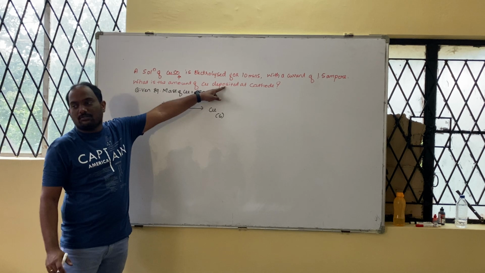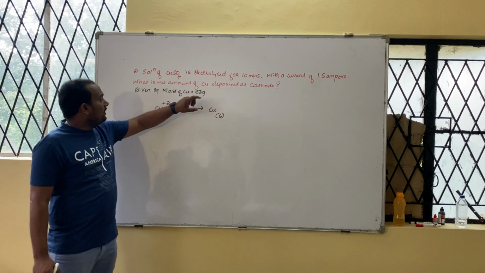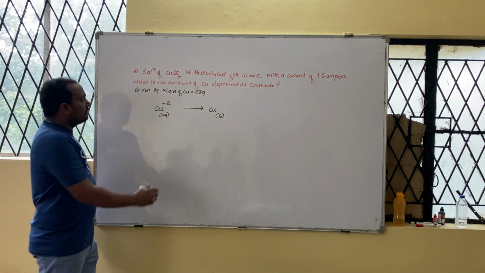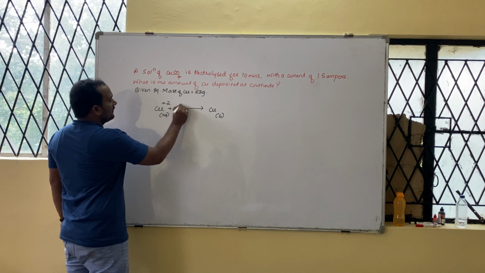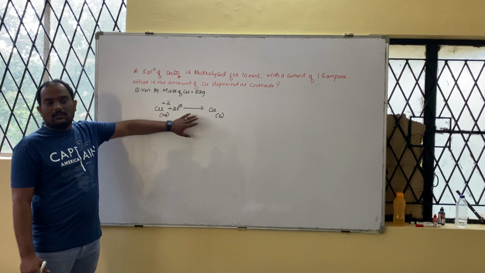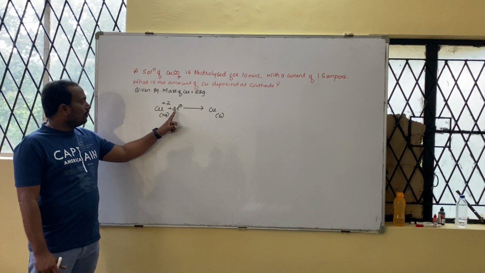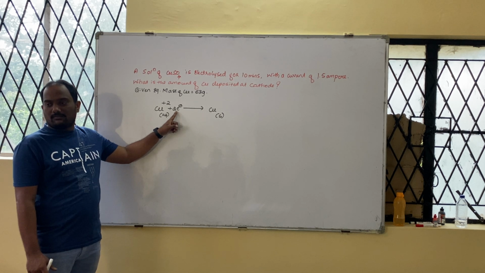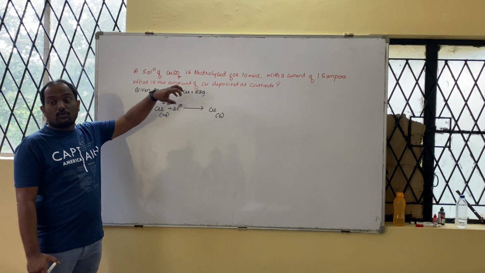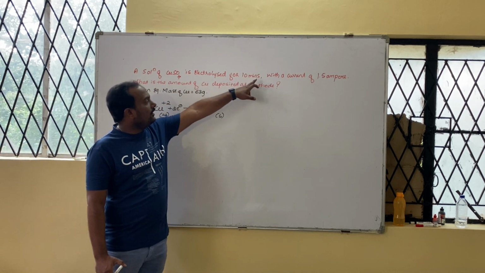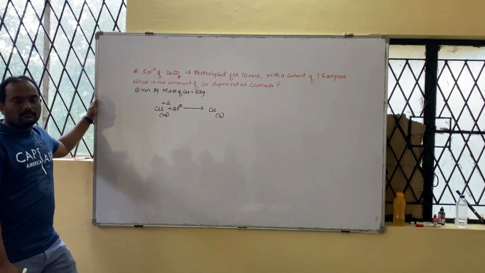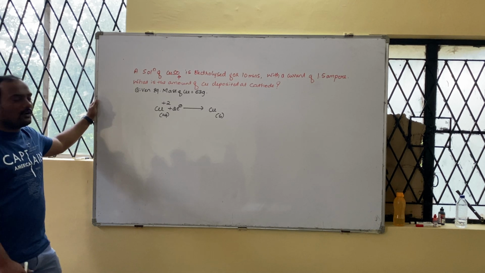Now is this reaction a reduction or oxidation? Reduction. Why? The word they used is deposition. Reduction means +2 is converting to 0. How many electrons should be written on the left side? 2 electrons. Can I write 2 moles of electrons required? Then for this reaction, how many Faraday required? 2 Faraday, that is 2 into 96,500 coulombs, because 2 electrons are involved. Then 2 Faraday deposits 63 gram. Below you write this reaction: Cu^2+ takes 2 electrons to form Cu.